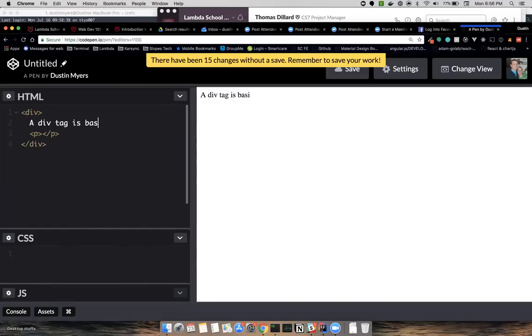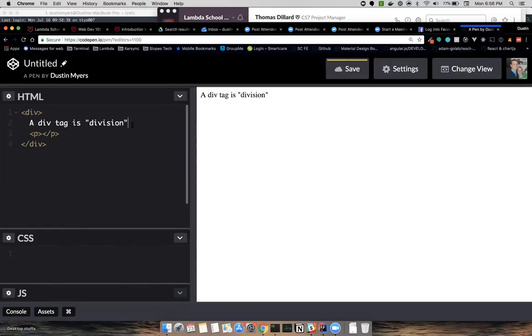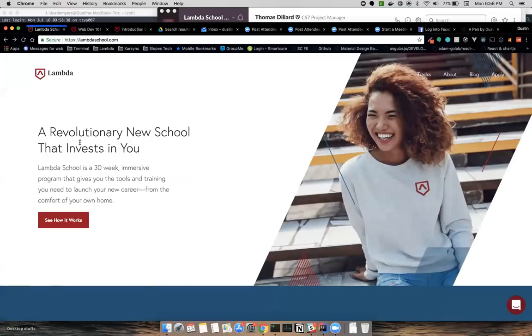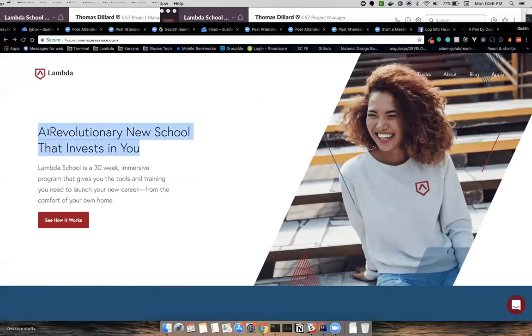A div tag is basically a division tag. That's what div is short for, division. So it basically is a section of code like this. This is probably wrapped inside a div tag here.